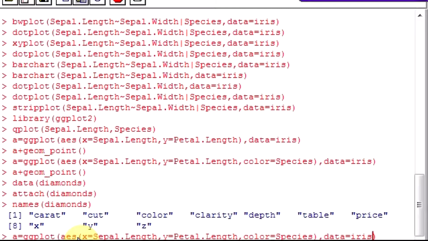Here the data is diamonds, right? The color is, I can say cut, and I can say x-axis as price, y-axis as carat. I need to be case sensitive.